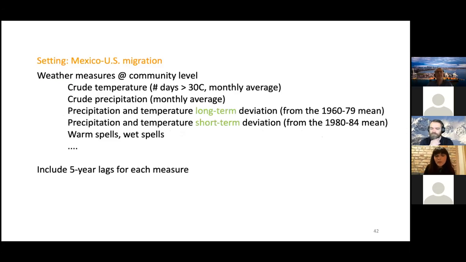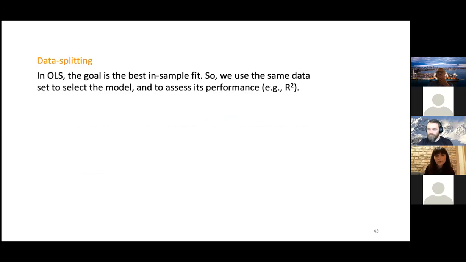Okay, so here's the exciting part for us. I said earlier that it's hard to know how to specify weather. And with these machine learning tools, the more indicators you have, the better. So we can put in everything that we can think of, everything that people have thought of. We can also include them on many, many lags. So here we included every year of lag in the last 5 years, but we can go back 10 years and even more, and also let the model posit interactions between them. So this is what we do here.